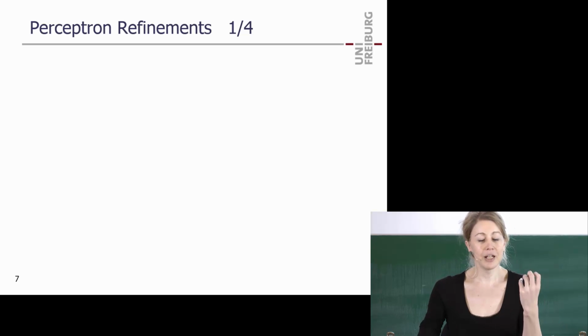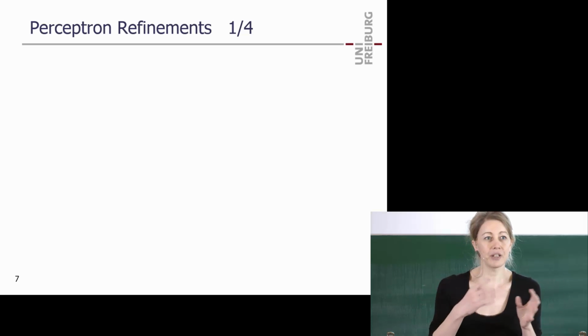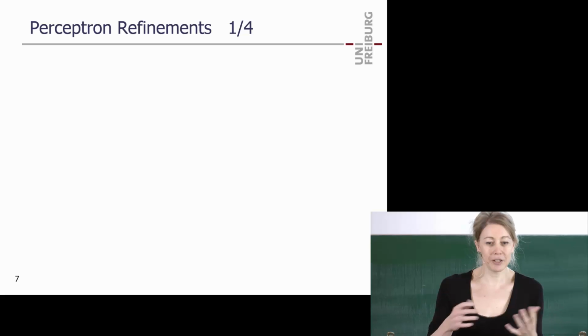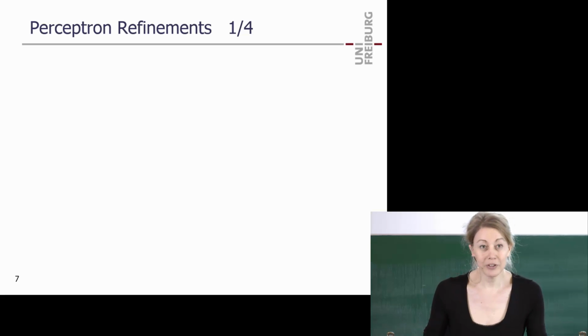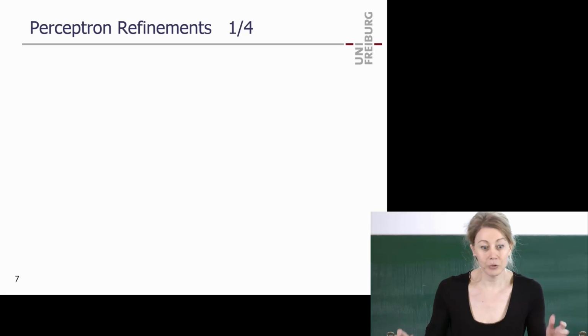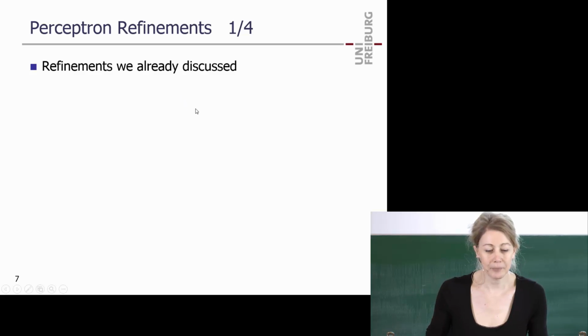And that's a very researchy setting, right? You start with something, now you try to make it better. And you try a million things, and now maybe it's 3% better. And now, is this really significant, or is it just because I was lucky, or because I tweaked it around so much? So here's now, for this exercise sheet, just a collection of things you can do to make the perceptron better. This will be very quick. It's just for your reference. You can use it or leave it or think of other things.